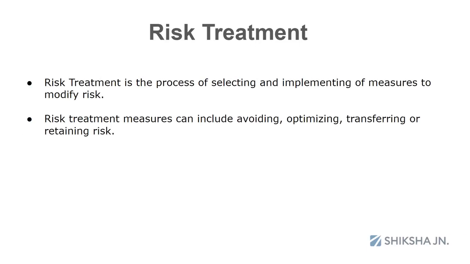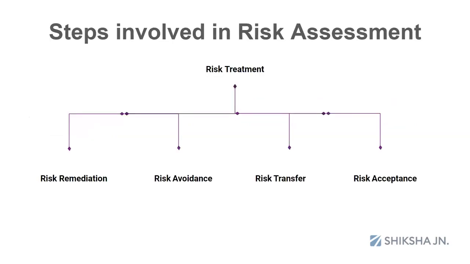Okay, here comes the risk treatment phase. This phase is the process of implementing solutions. Simply put, not all issues can be remediated. If everything could be remediated, then risk would be 0. So it is not possible to remediate all the risk. We have a few more steps to remediate or treat the risks. Those steps are avoiding a risk, optimizing a risk, transferring a risk, or retaining a risk. These are a few different measures we'll follow in risk treatment in detail. It is also called the risk remediation process, risk avoidance, risk transfer, and risk acceptance.